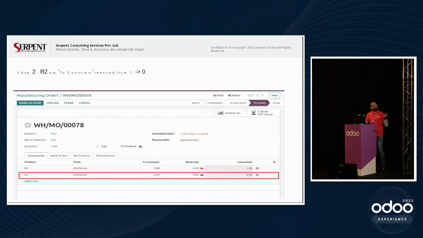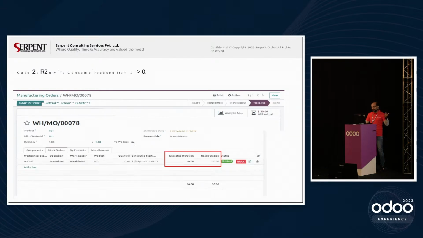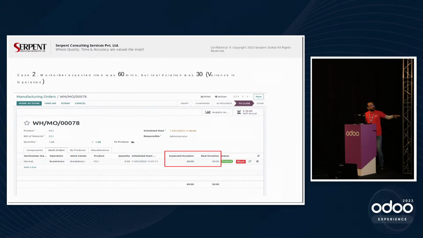On our system, we have an option on the manufacturing order itself to see the work in progress actual. If you see on the right side, there's a work in progress actual. Currently, if I run a normal order, $30 would be the cost. But if I go with a newer raw material to be added, what will be the impact, what will be the cost analysis, and what will be the journal entries? That's what our system provides. Because we are going to have one material reduced or added, there is a change in the duration.